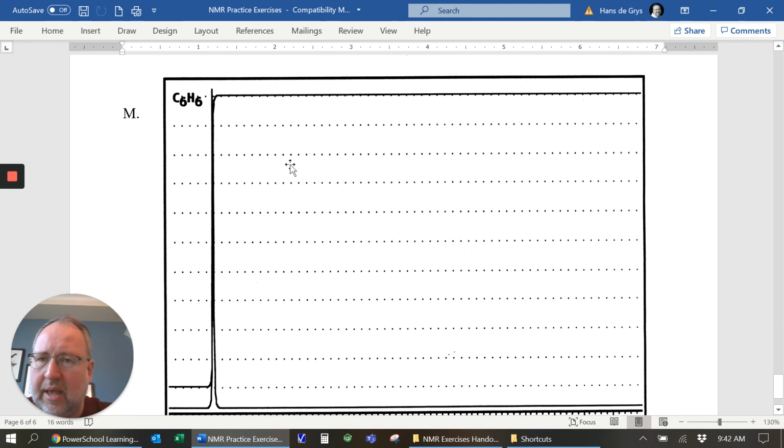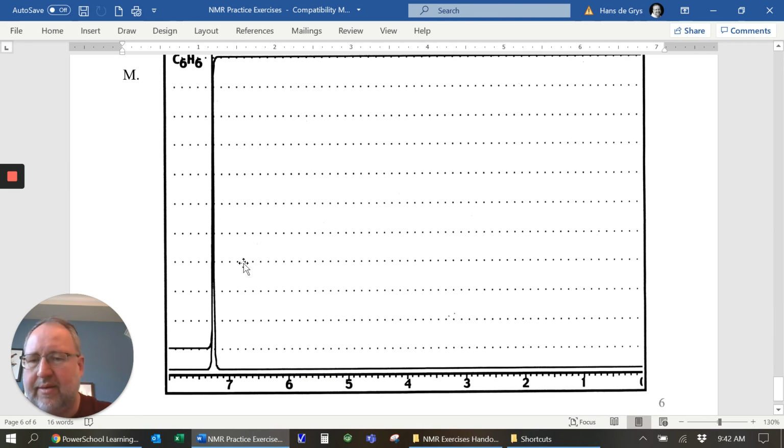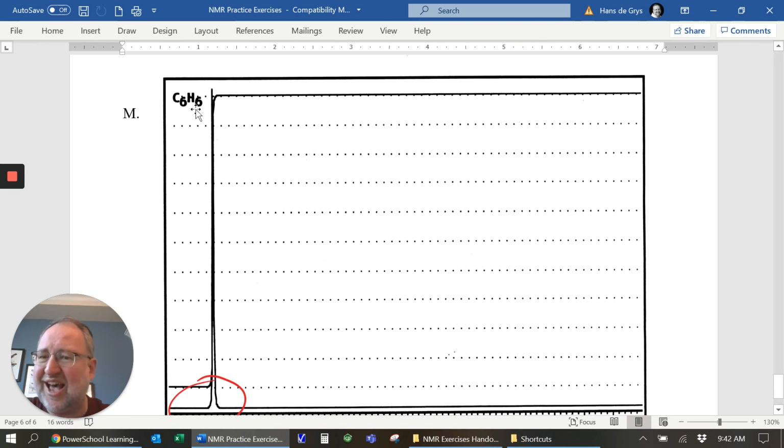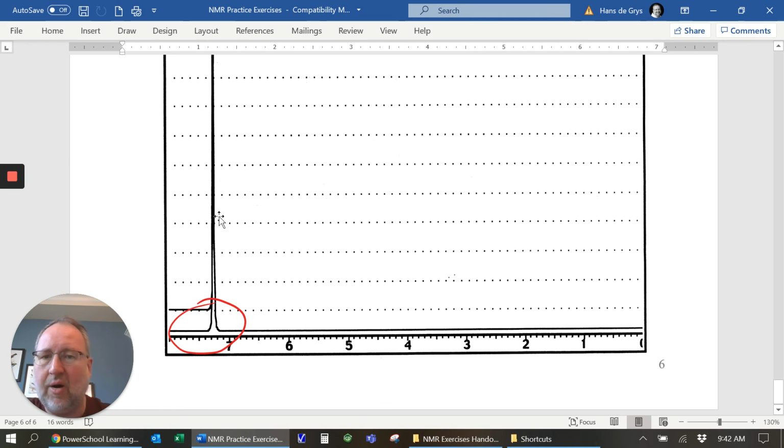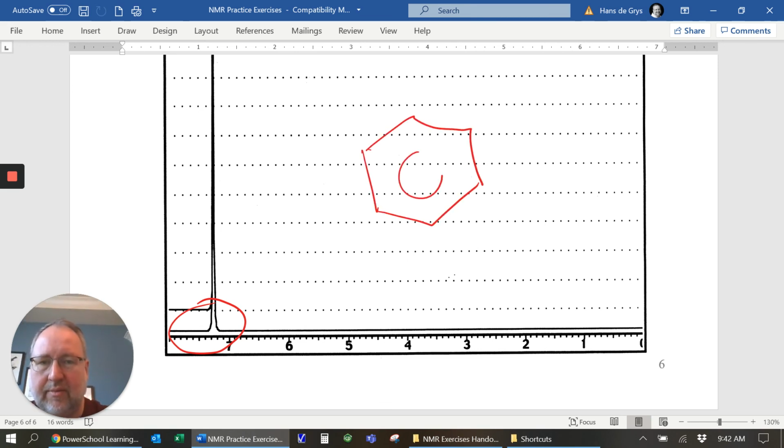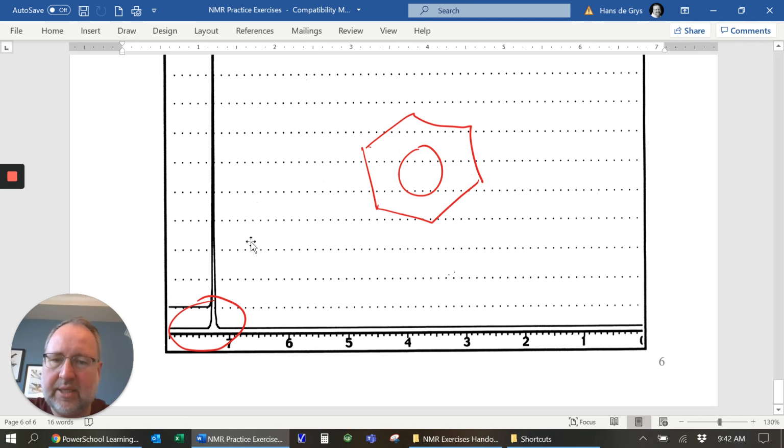And this signal, here's another super characteristic thing. When you see something between 7 and 8, not always, but many times, especially if it's a big signal, that's going to be benzene. And C6H6, lots of unsaturation there, all equivalent, which suggests some magnetic equivalence. So that one is